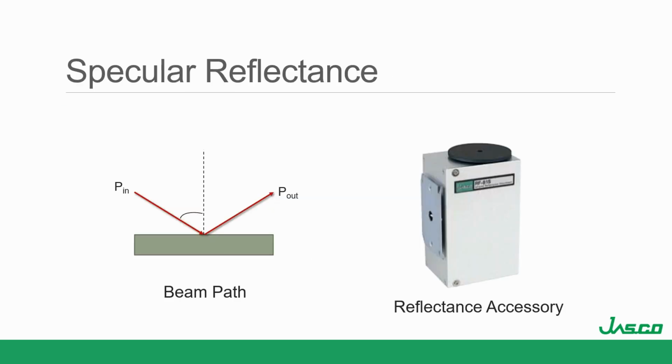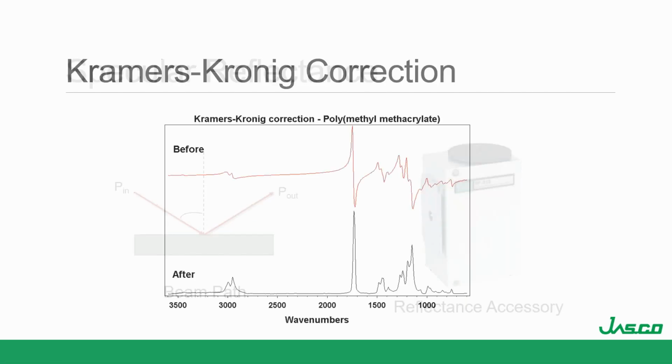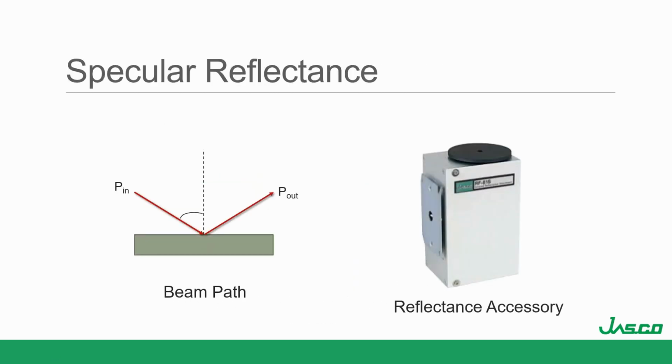All right, so next we'll talk about specular reflectance. With specular reflectance, you have light simply bouncing onto the sample and then back off again. Its incident angle is usually 30 to 60 degrees. This is an example of an accessory. Specular reflectance is really good for coatings on things like Coke can lining. You can do specular reflectance because it's a polymer that's on a metal. So if you have a polymer on a metal, it works really well. It will work with other samples as well.